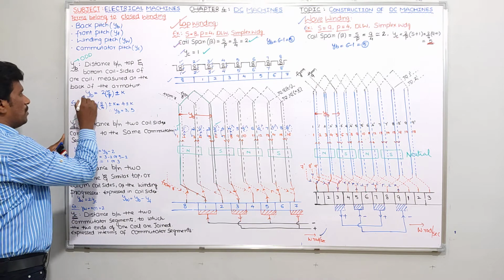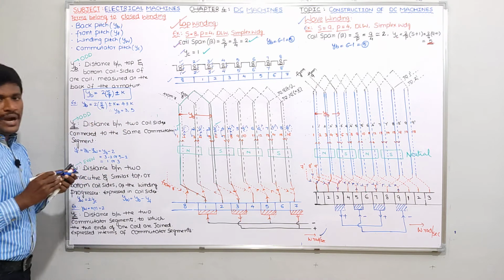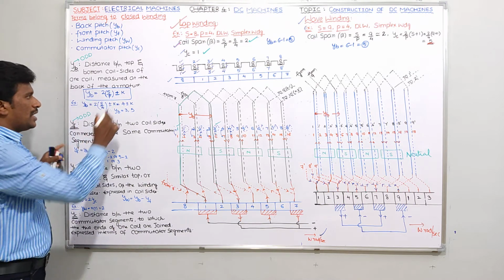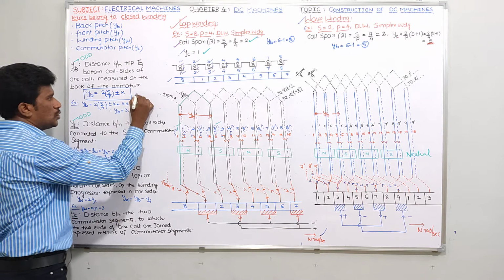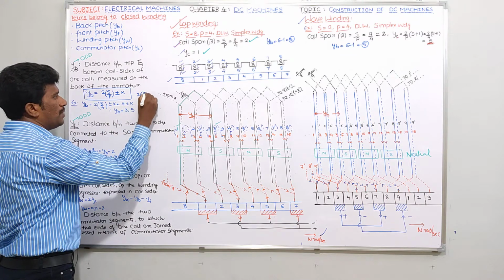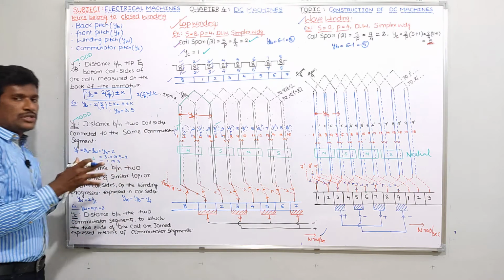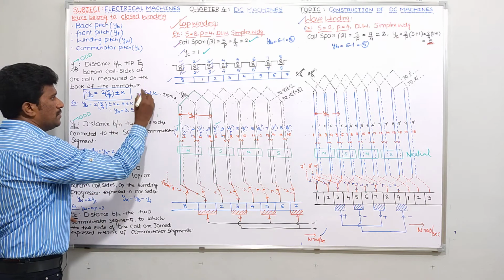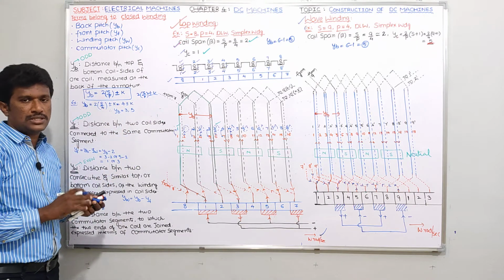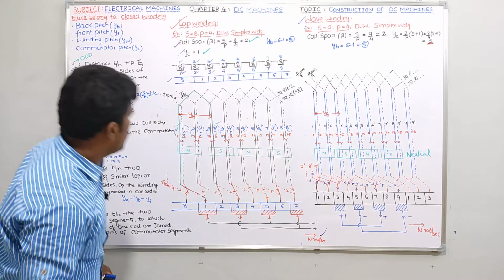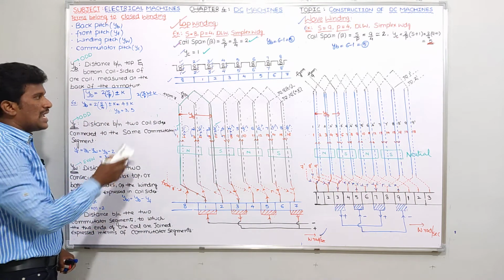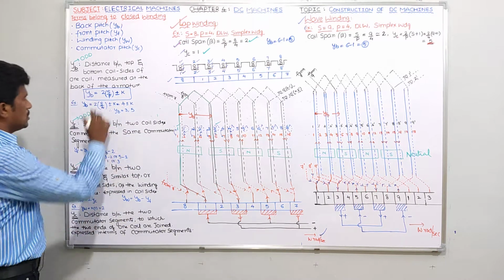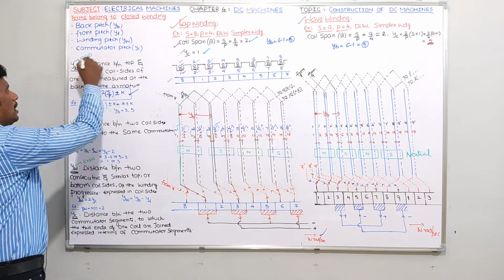For this back pitch, there is one formula, guys, which you have to remember. Back pitch equals 2 into slots per pole plus or minus k. To be frank, it is actually 2 into the number of coils per pole plus or minus k. But since we are in double layer winding, the number of coils equals the number of slots, so I am replacing C with S. Back pitch is 2 into S by P plus or minus k, where plus is for progressive winding and minus for retrogressive winding. K is an integer, which I will explain anyway. So this is about the back pitch formula and definition.